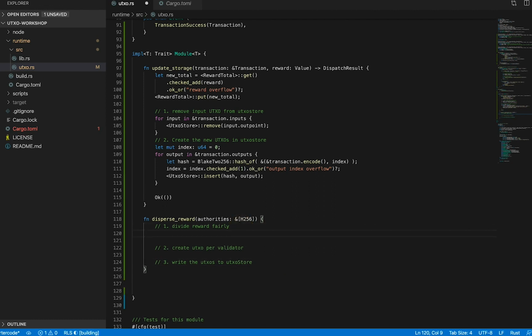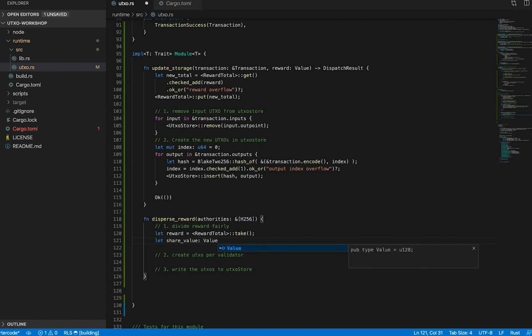So let's go ahead and first calculate the reward. Let reward equal the reward total. And we're going to go ahead and take that from storage. So this take function here deletes the previous reward total. And then we want to calculate the share value, which is also going to be a variable of type value,